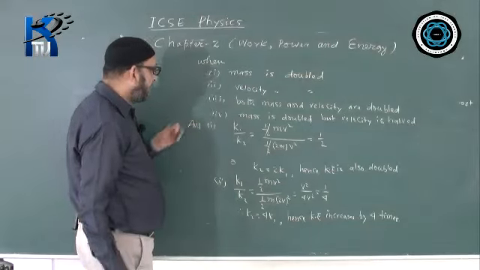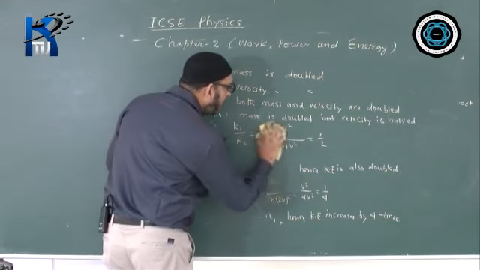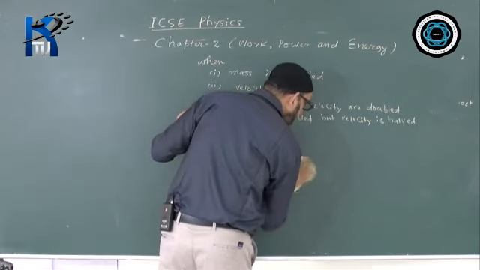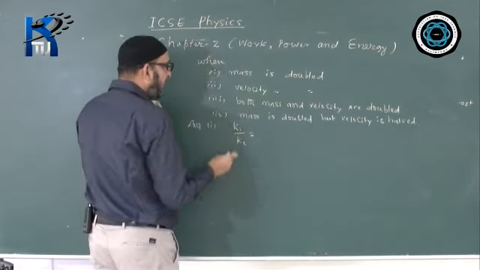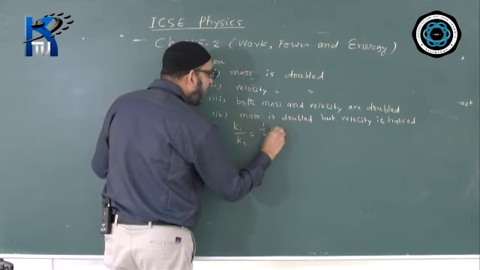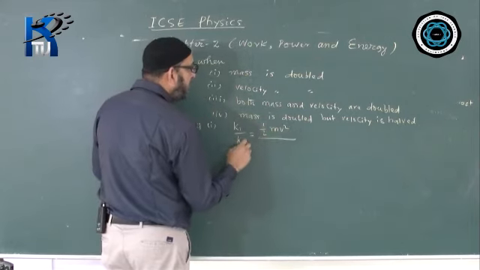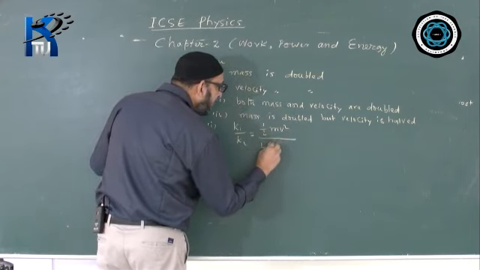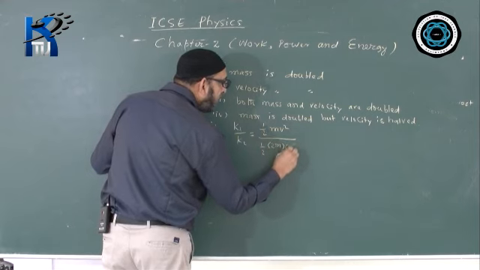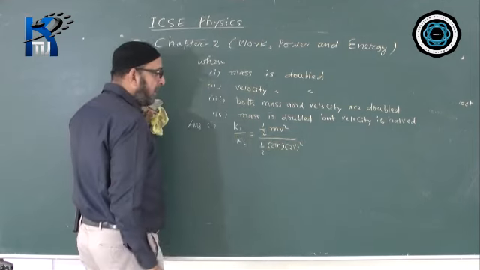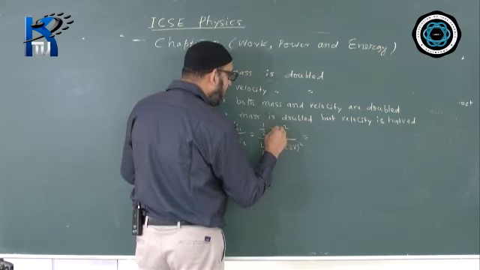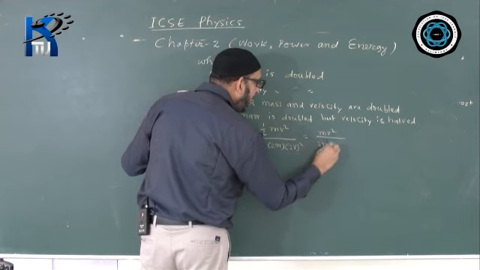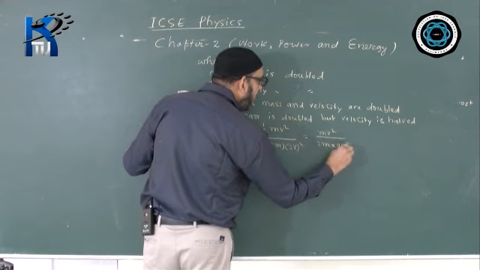Now let us do case 3. Similar way we will do. So K1 is equal to, I write half mv square. K2 is equal to, as per the situation, mass and velocity both are double, that means this is half, mass value I write 2m within bracket, velocity I write 2v square. Now cancellation, after cancellation we have the answer coming mv square, here it is coming 2m into 4v square,